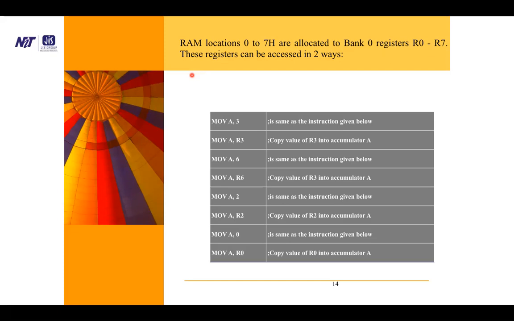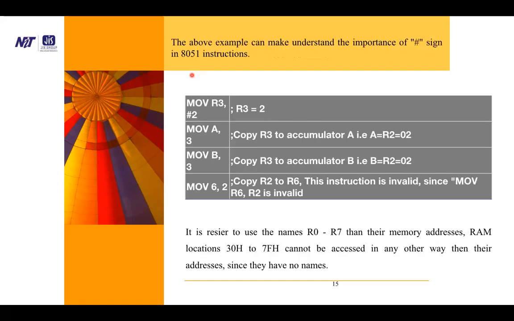Move A, 3, copy the value of R3 into accumulator A. MOV A, 2 is the same as the instruction given below: MOV A, R2, copy the value of R2 into accumulator A. MOV A, 0 is the same as the instruction given below: MOV A, R0, copy the value of R0 into accumulator A. The above example can make us understand the importance of the hash sign in a